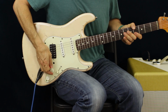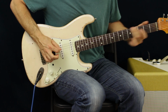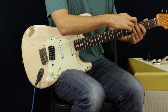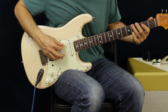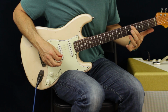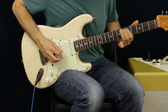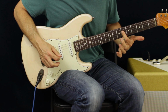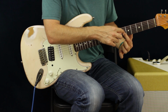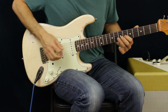Okay, so another thing we can do is slide up from major pentatonic into minor. So I'm just outlining position 5. So I slid from 4 to 6 on the E, caught the 4 of the A, and then I went to 6 and slid up into first position. 6 of D, went right back to the root. I slid up on D to 8, and then went back to 6. And then from there,